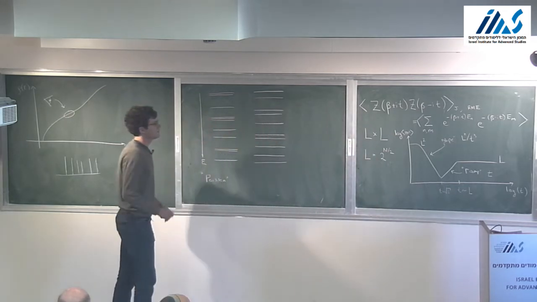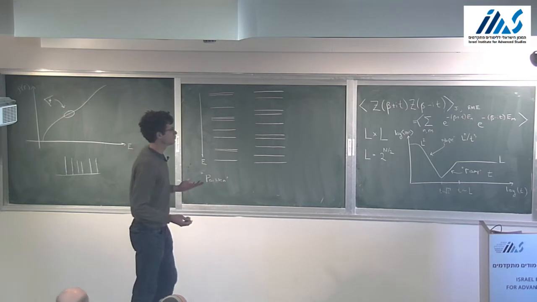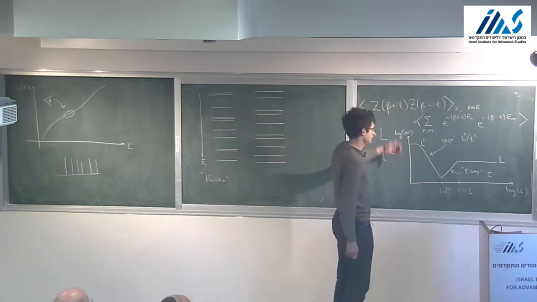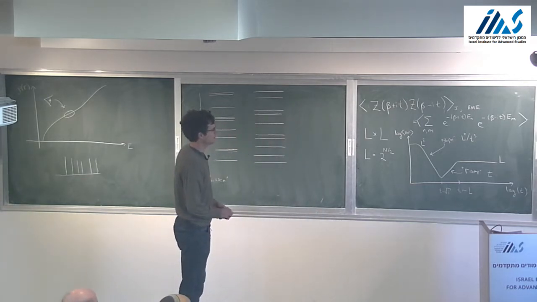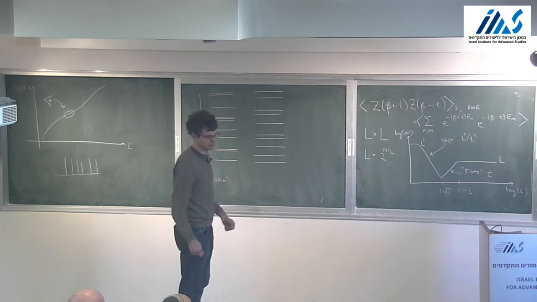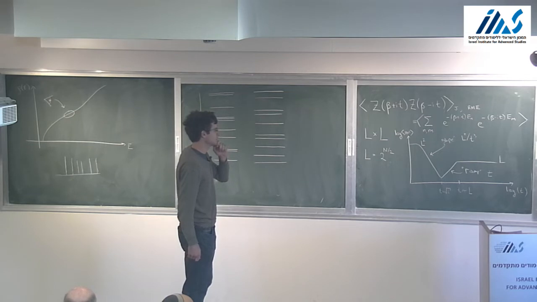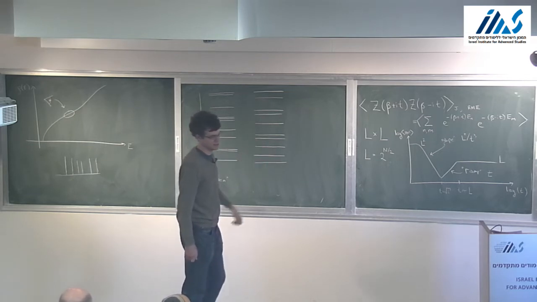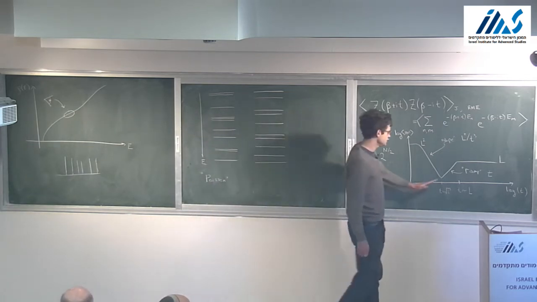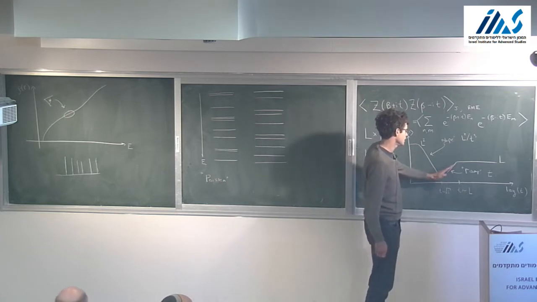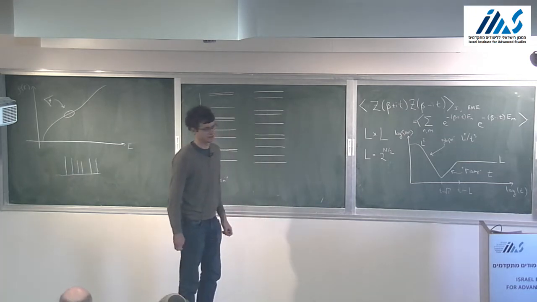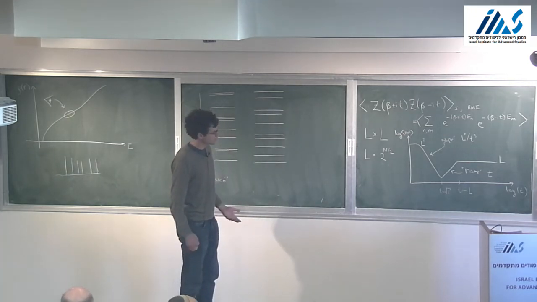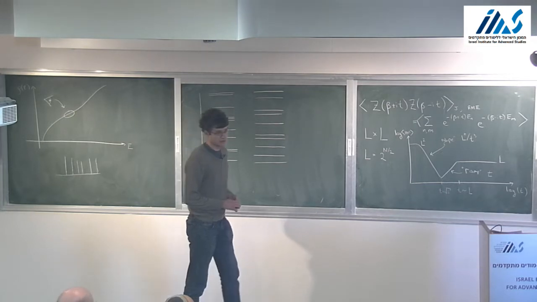Okay. Well, I was asked what is the physical interpretation of this quantity? And actually, I'm not sure I'm going to give a very good answer for that. It's not a particularly physical quantity. But what it does do is it exposes the statistics of these energy eigenvalues. And we're going to see that these features of the plot, the slope, the ramp, and the plateau, are related to different aspects of the statistics of the energy eigenvalues. And there's another answer to this question, which is the following.